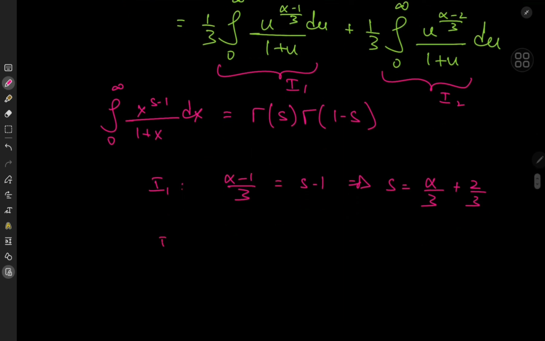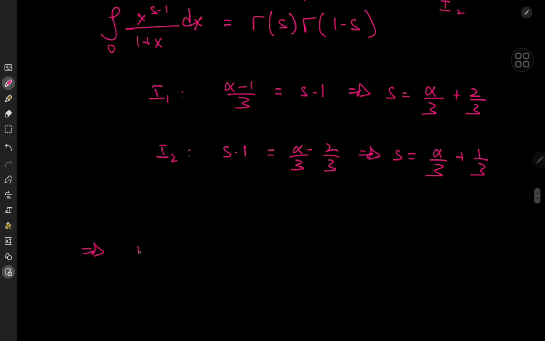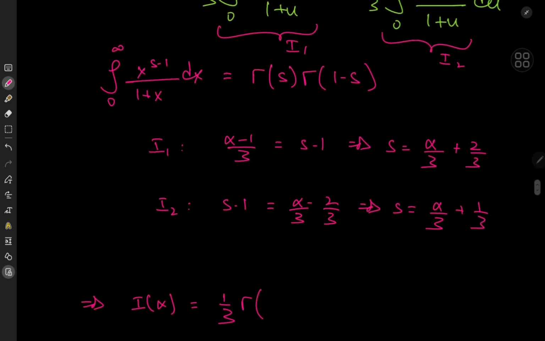Okay, cool. And for I sub 2, we have s minus 1 equal to alpha by 3 minus 2/3, which implies that s here equals alpha by 3 plus 1/3. So this implies that the integral function I of alpha equals 1/3 of gamma. Wait, I'm just going to write this directly. We know what the gamma function times gamma 1 minus s equals. That's supposed to equal pi by sine of pi times s, or pi times the cosecant of pi times s